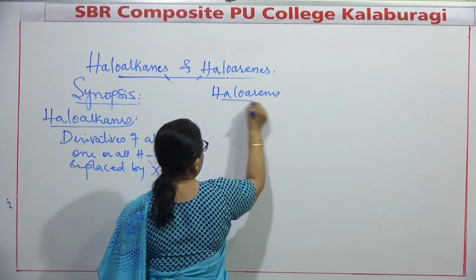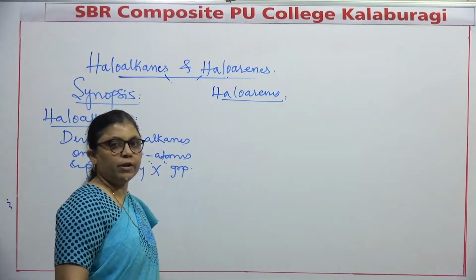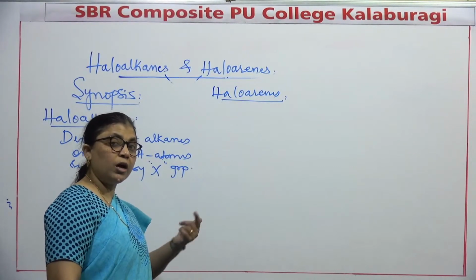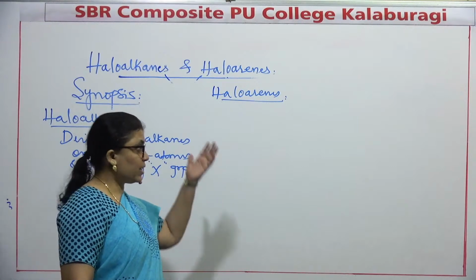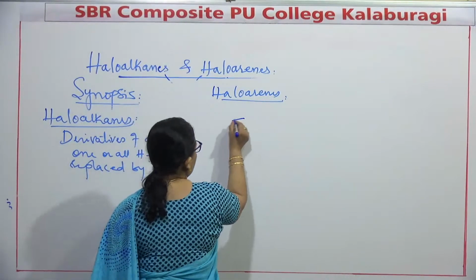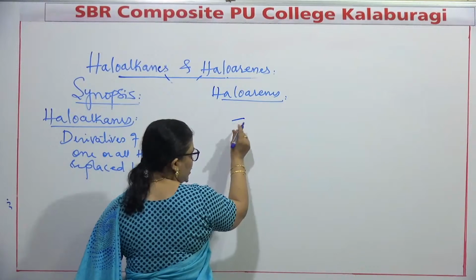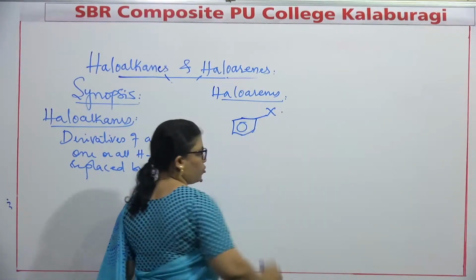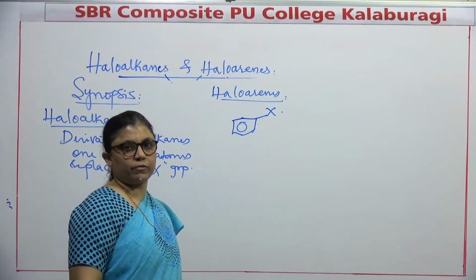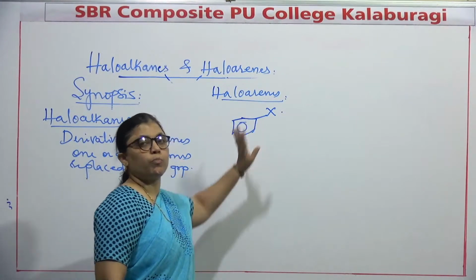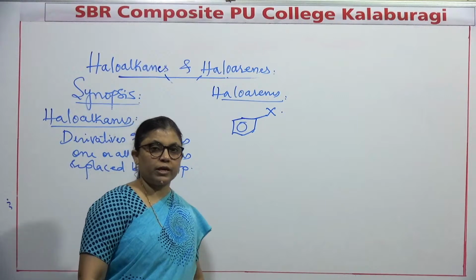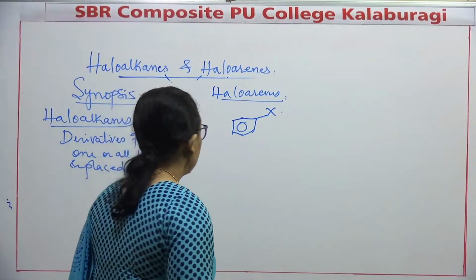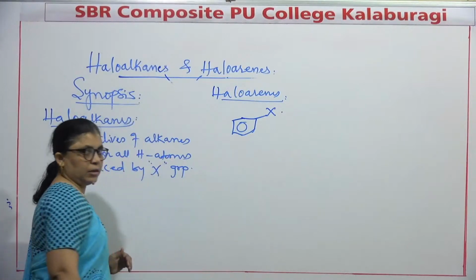Haloarenes, the name itself indicates that they are derivatives of benzene, where one of the hydrogen atoms of benzene, or even the remaining ones, are replaced by X halide, because of the electronic effect that we'll see later. Even the remaining hydrogens are possible. Based upon the electronic effect, these are ortho-para directing in nature, that we'll see later. Now, if we see the haloalkane,